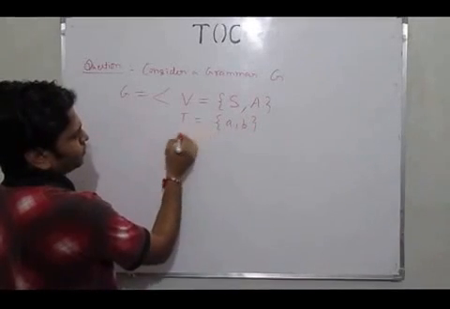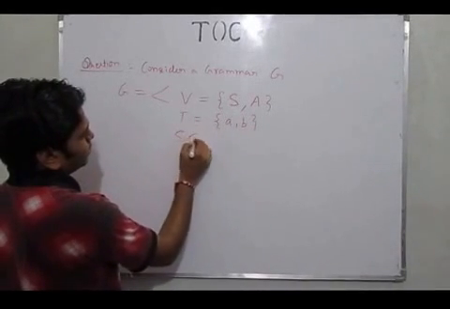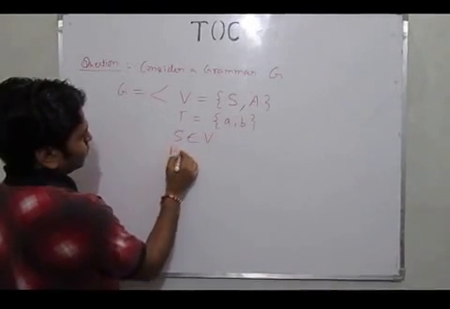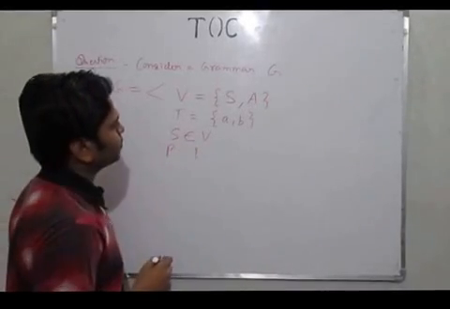We have the start symbol S, which belongs to the variables, and the set of productions is provided to you as